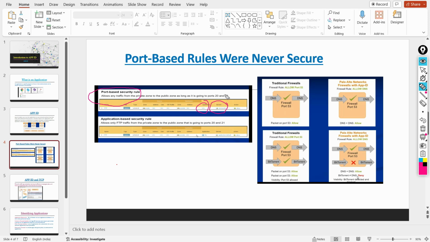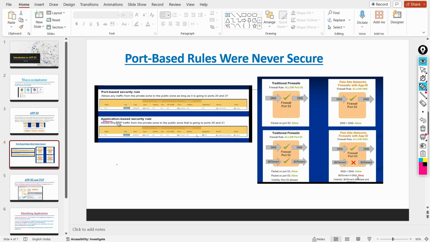It means that any communication for port number 21 will be allowed, and there is no limitation about the application. So it is possible that any hacker or malicious code can be injected using port number 21, whether it is FTP or not. That can happen if we create firewall rules based on services or port numbers and do not define the applications.